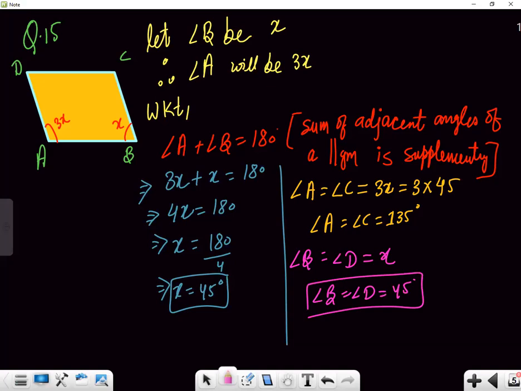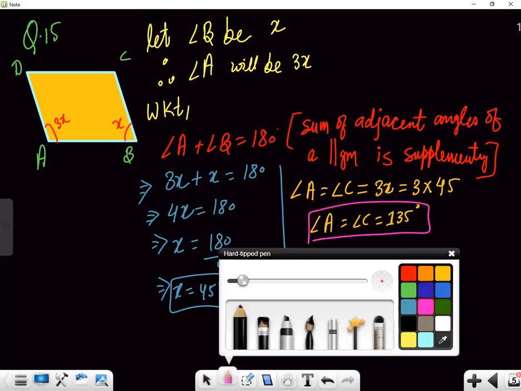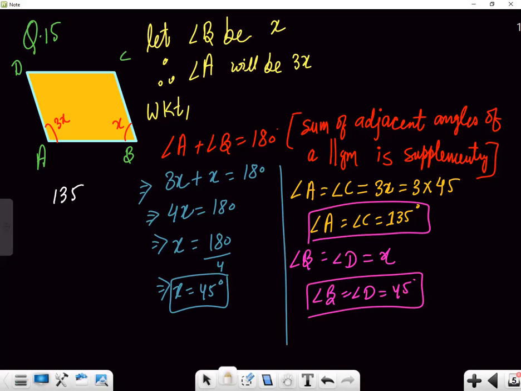what you have to do, you have to just check that your answer is correct or not. So write the measure of angle A 135, measure of angle B 45, measure of angle C 135, and measure of angle D 45. Add all of them. 5 5 5 5 20, 0 carry 2, 4 3 7 8 9, 4 3 7 4 7 14, 14 out 16, 6 carry 1, 360. So sum of interior angles of a quadrilateral and of a parallelogram is 360. Therefore this answer is absolutely correct. Okay, exactly correct.